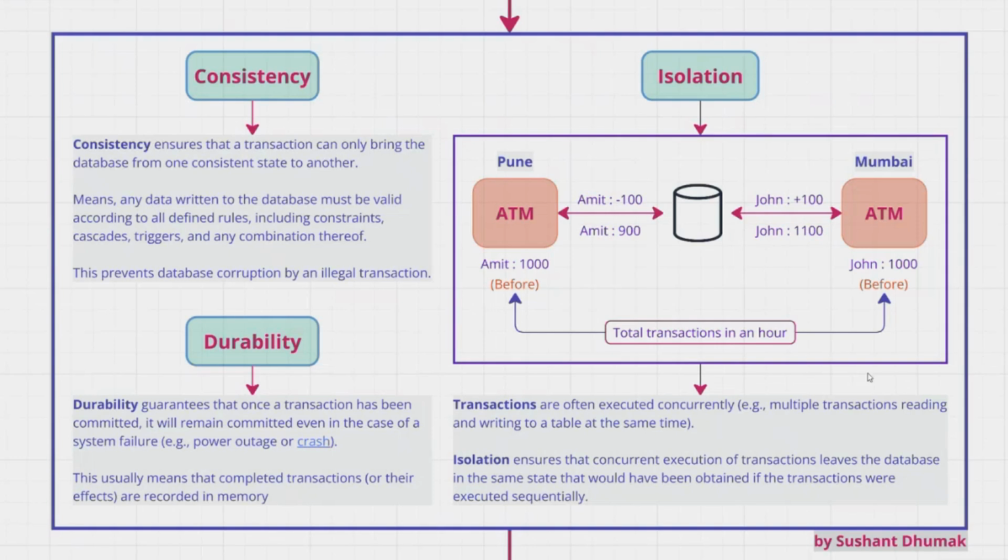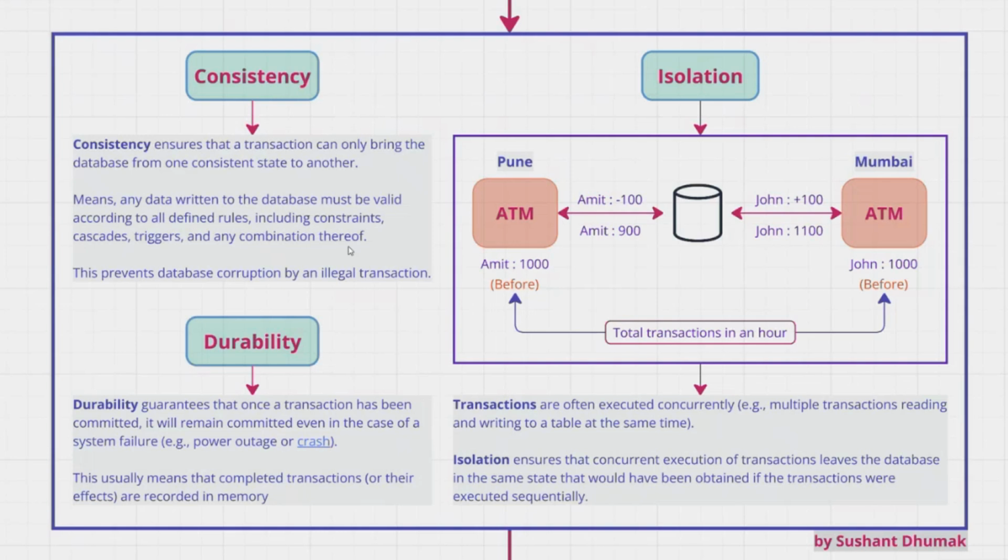So you can see here, I've also mentioned that consistency means any data written to the database must be valid according to all defined rules, whether it is constraint, cascade, triggers, or any combination. So this ensures that the data in the database is not corrupt. It's not been done through an illegal transaction, or a halfway transaction, where the data is valid in